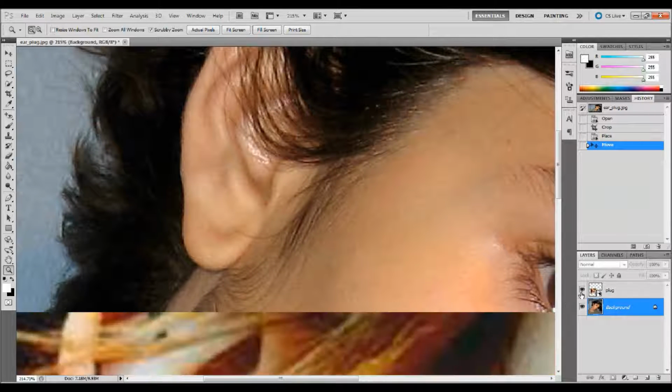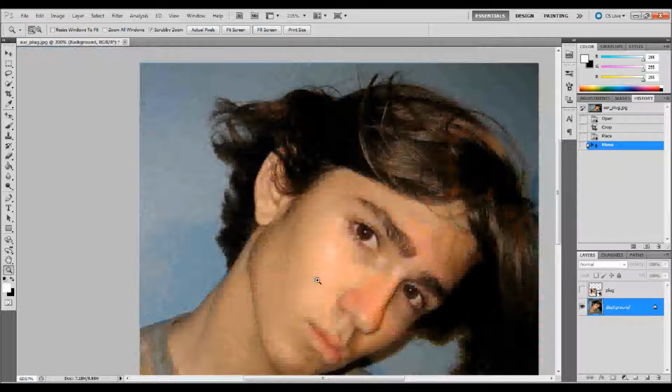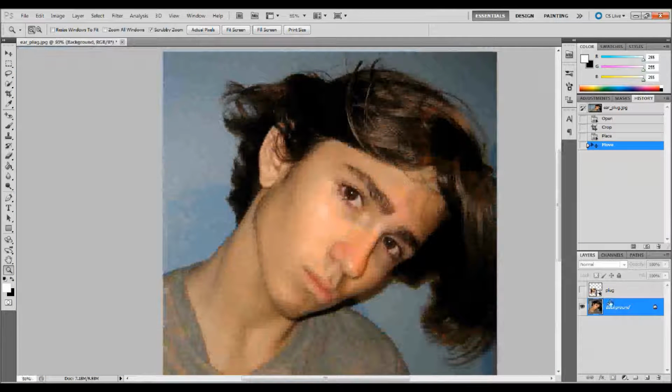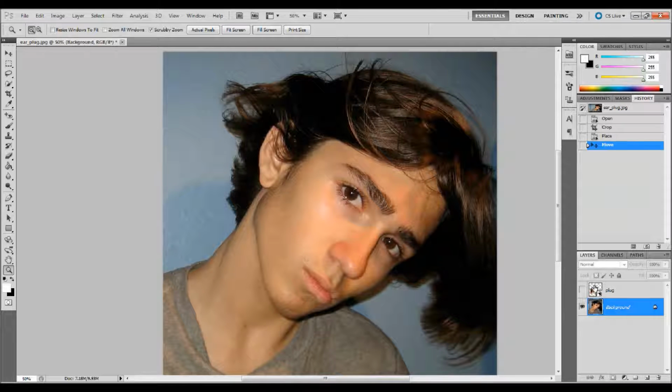I've already found one, and I've actually added it to this document here. So if I zoom out and then activate this layer here, you can see that I've found this plug here that I'm going to use. You can use anything that you want. It doesn't need to be in somebody's ear already, because I'm going to go ahead and edit that out when we get a little further along. Okay, so I'm going to go ahead and make that layer invisible for now,